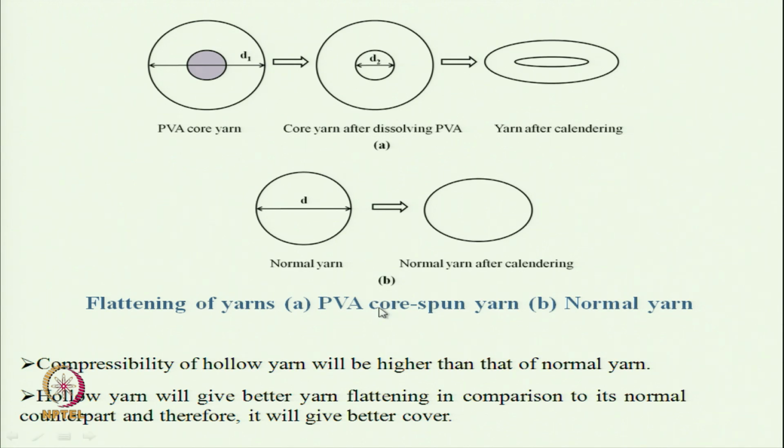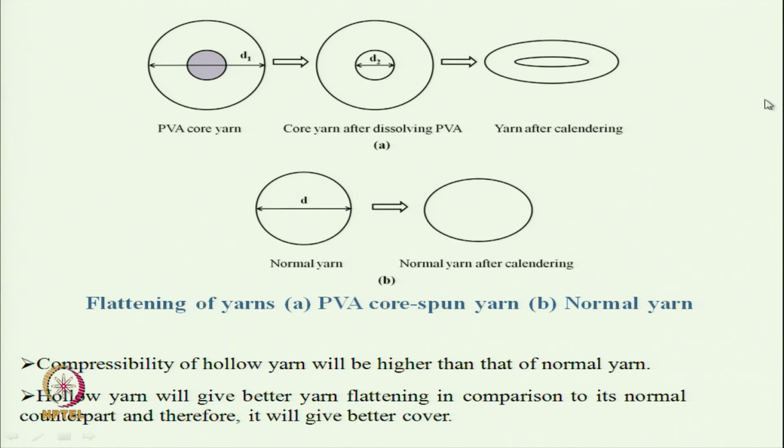This is the hollow yarn and here is normal yarn, but the fact is that after removal of the core, when it becomes hollow, during processing the yarn gets flattened. So, it further covers the